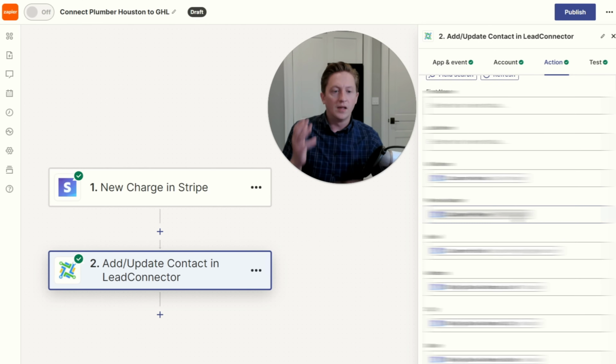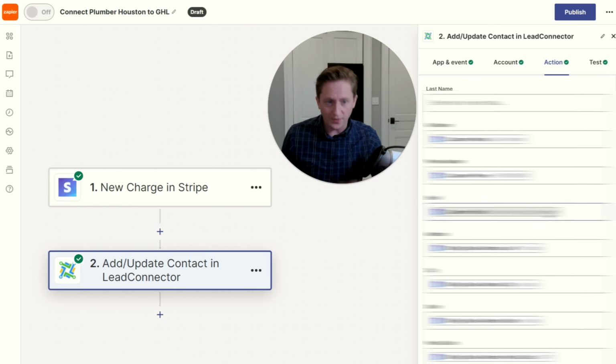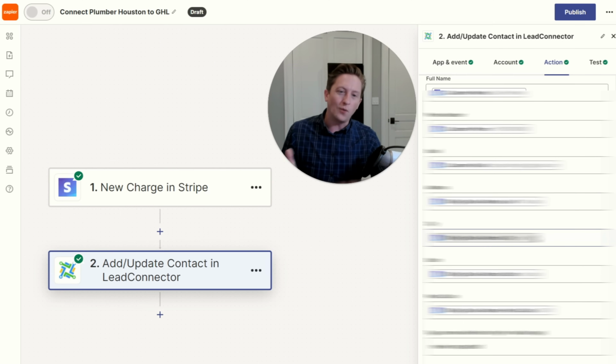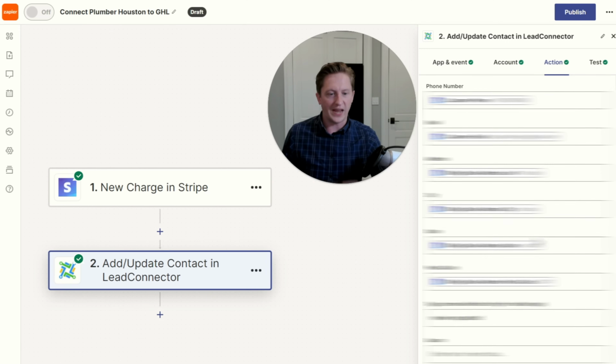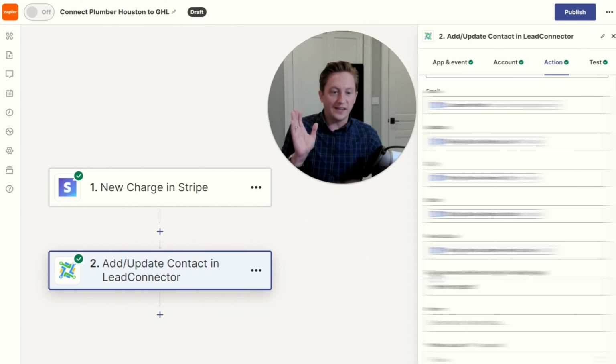So full name, we definitely need that. We definitely need the phone number because we're going to text them. We need the email address because we're going to email them. The address we don't really need, but if Stripe collected it, we may as well transfer it over to GoHighLevel so we have it. And then what we definitely need to do is in this tag is add the tag